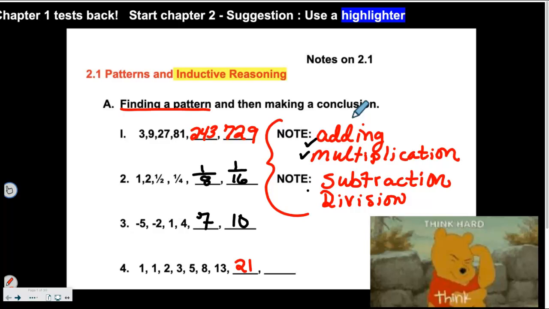Kids will see, well, okay, I'm adding these 2 to get to this one. And then 1 plus 2 is 3. And then 2 plus 3 is 5. And then 3 plus 5 is 8. So I'm adding the 2 in front of it. So it still falls under addition for growth, but I'm adding the 2 to get to the next one. So my next one up here would be 34.